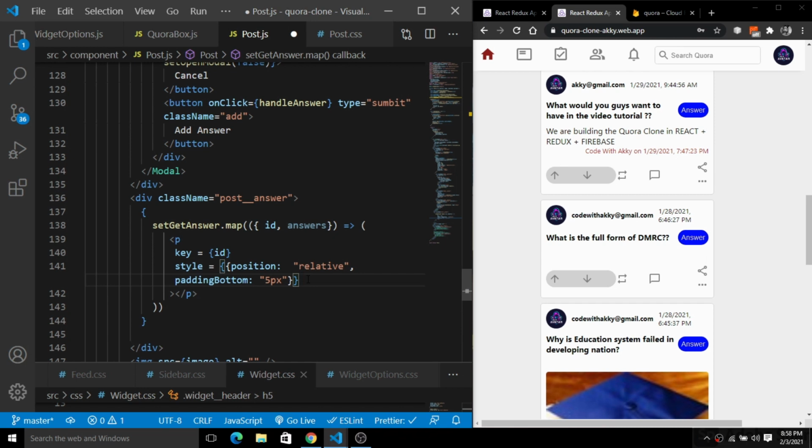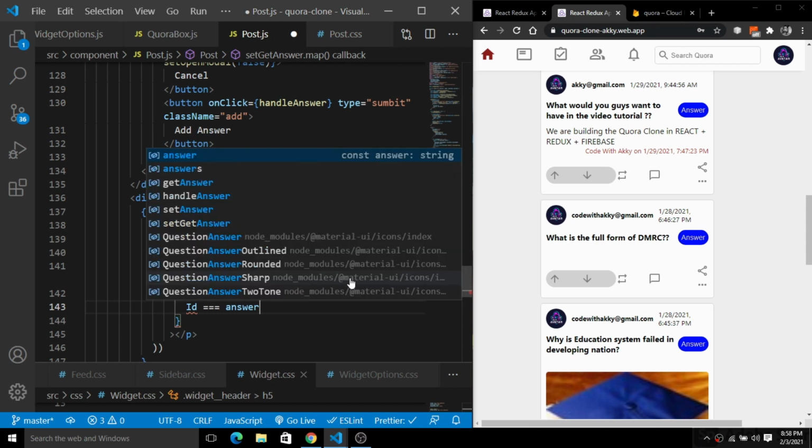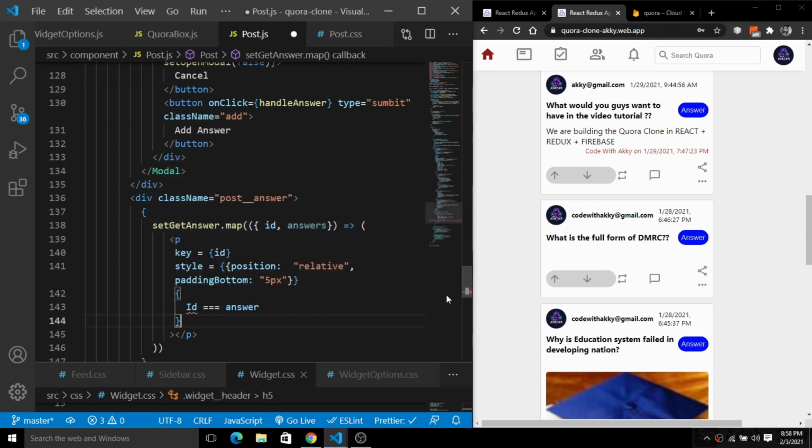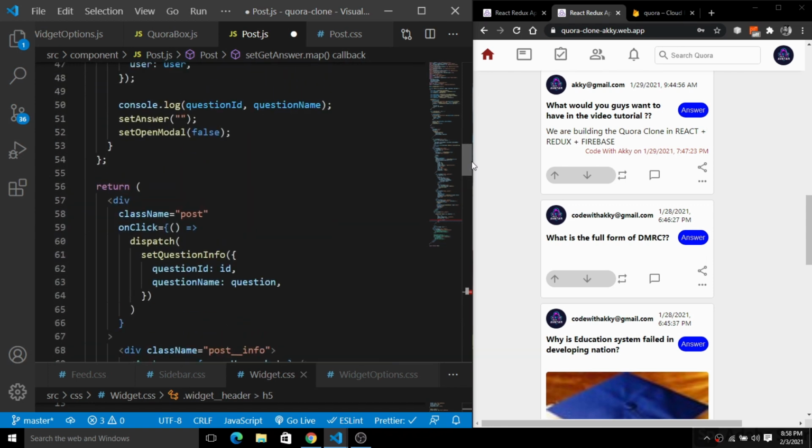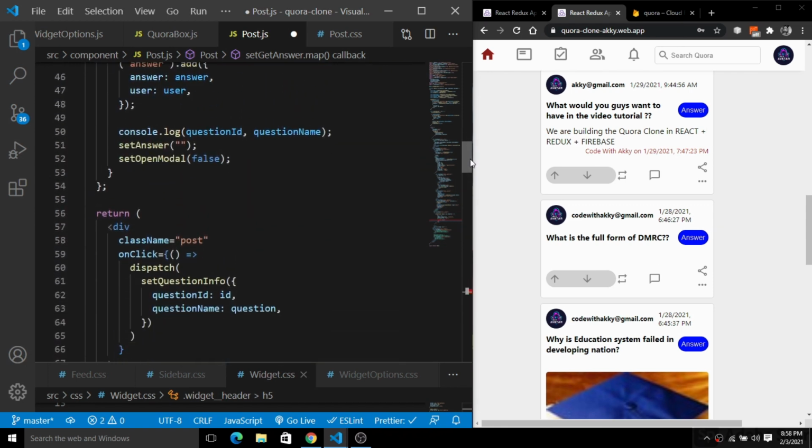So how will we do this? There will be a conditional rendering here, so pay attention. Inside of this p tag, we check if the id, meaning the question id, is equal to the answers question id. Because we have not passed the answer question id here, I think there will be an error.